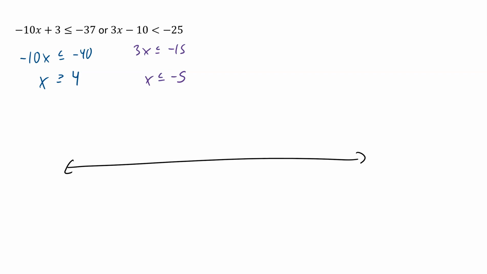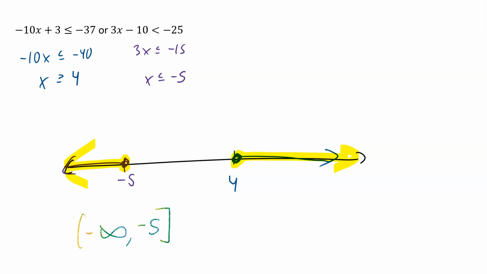On a number line, or means either condition is enough. The numbers that are greater than or equal to 4 will be part of my solution set. Also, the numbers that are less than or equal to negative 5 will be part of my solution set. Because it's an or, I don't need the overlap. I just need either condition to be true. So both of these get included in my solution set. My solution set is everything from negative infinity to negative 5,